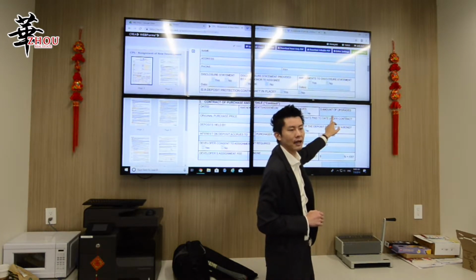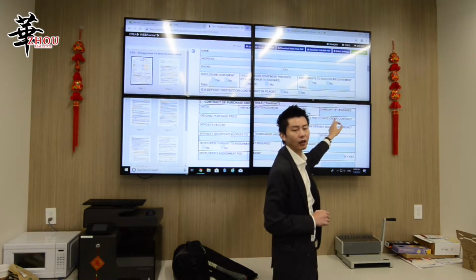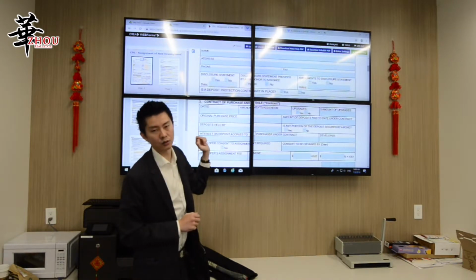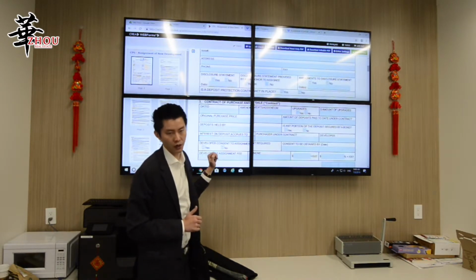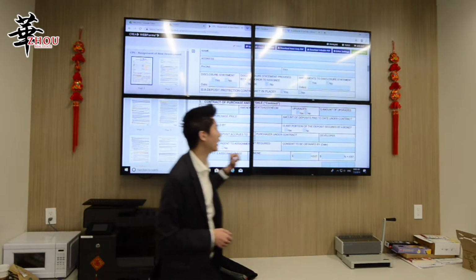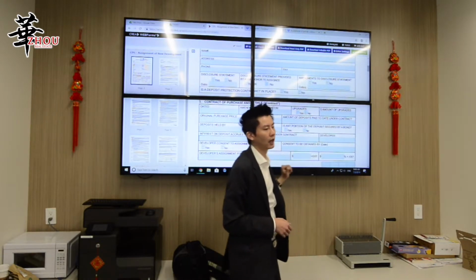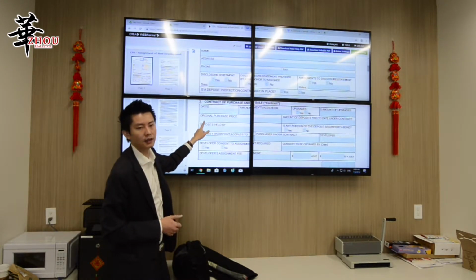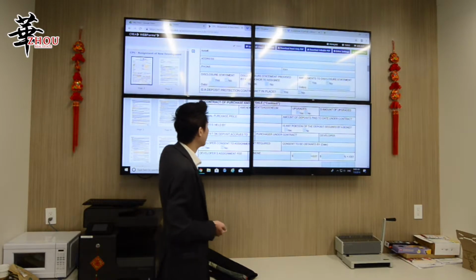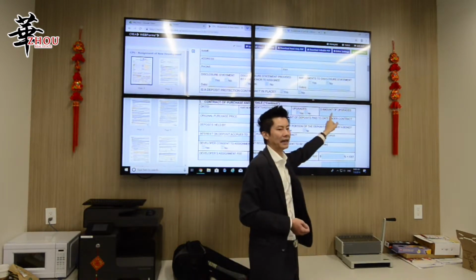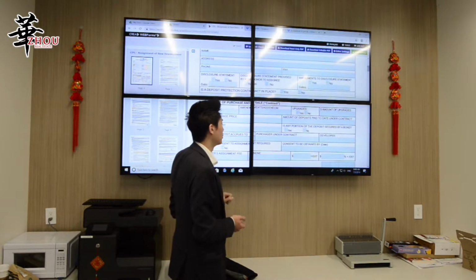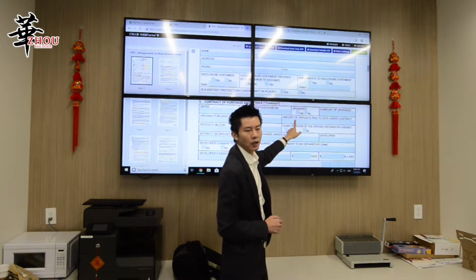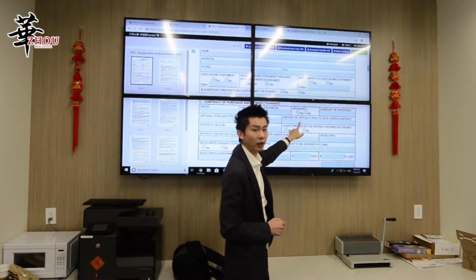Your buyer, the assignee, has to know how much they're spending in total on the property, other than the purchase price. Those are extra. Sometimes it could be extra parking, sometimes an extra locker. So they have to know how much they're spending on top of the original price. So here's the original price. It may be $499,000, and then they have to add whatever the upgrade cost is to the original price. And over here is the deposit. So we put the deposit, how much they have paid, here.